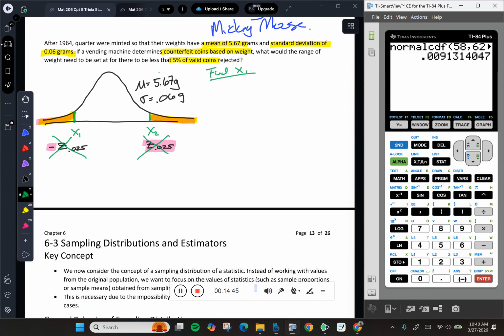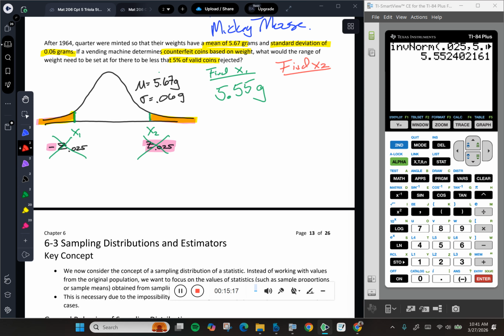All right, so I'm going to find x sub 1. I'm going to use that inverse normal command. That left tail is 0.025. My mean is 5.67. My standard deviation is 0.06. And I'm going to get that that's about 5.55 grams. And then I'm going to find my x sub 2